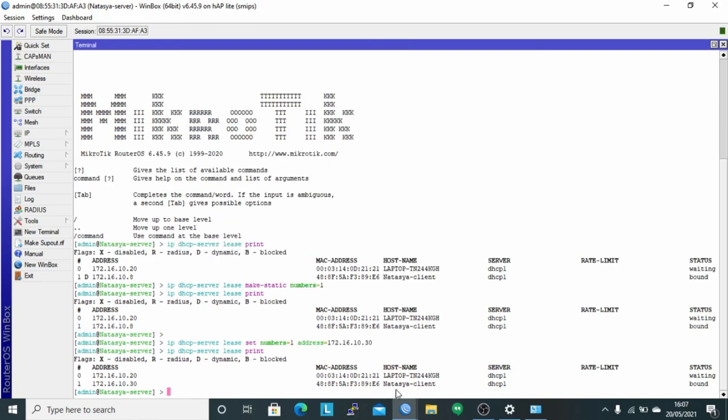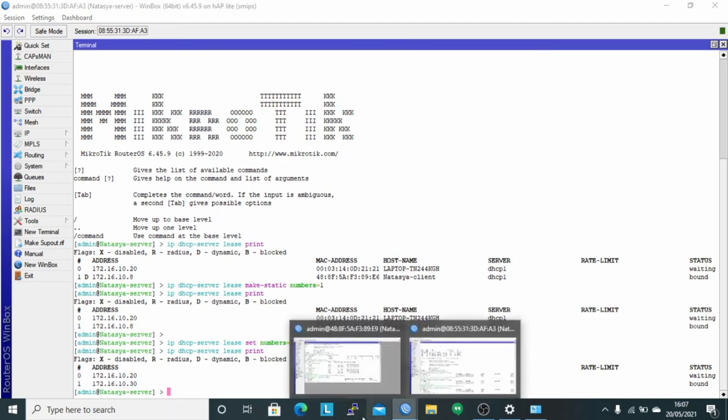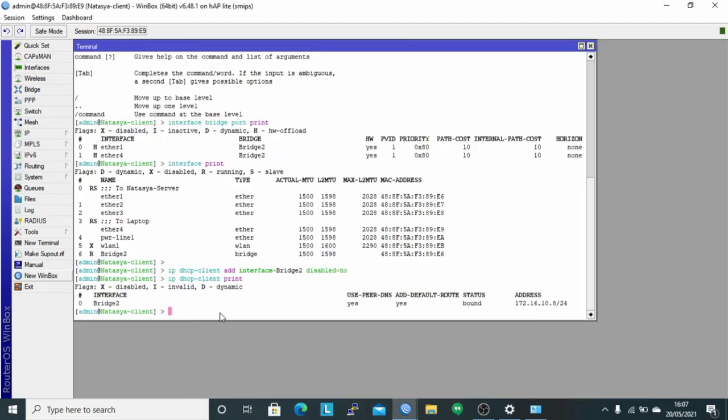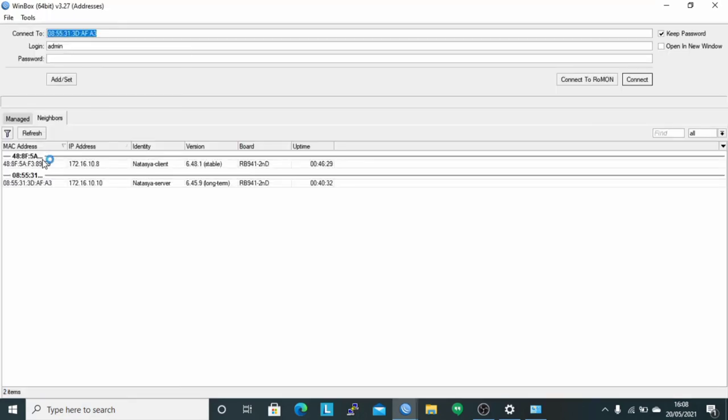It can be seen that the address for the Natasha client is 172.16.10.30, and back again to the router client.